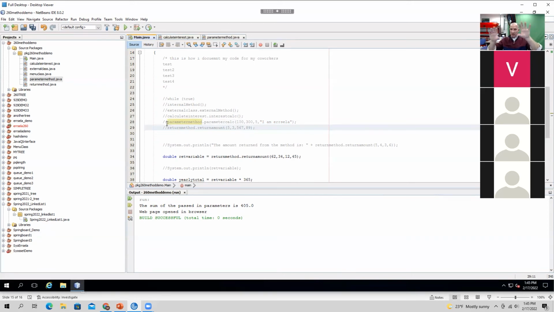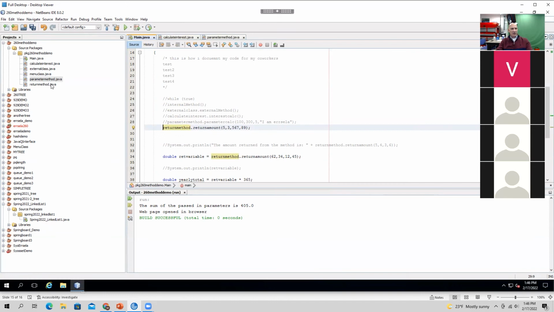Structure your data in these different classes and methods, and now send the methods inside those classes the values, have it do something with them. But then whatever the result is, return that to me. I want to see that result because I want to use that result somewhere else, right? So now what we'll do is we will look at the return method function here.